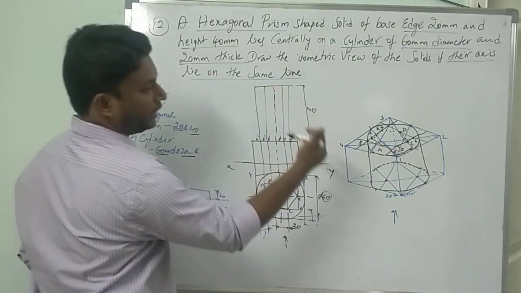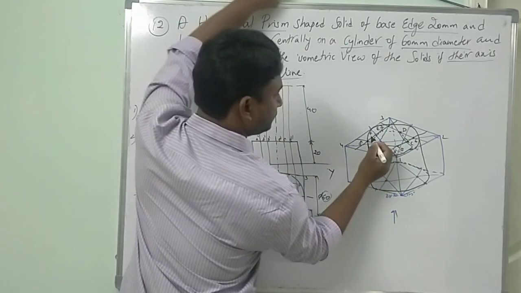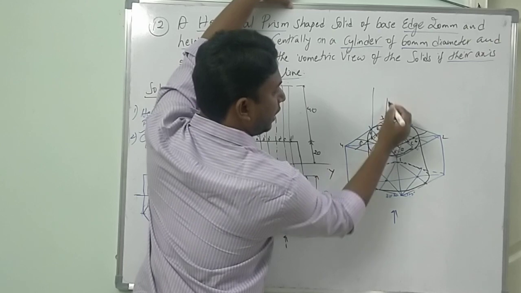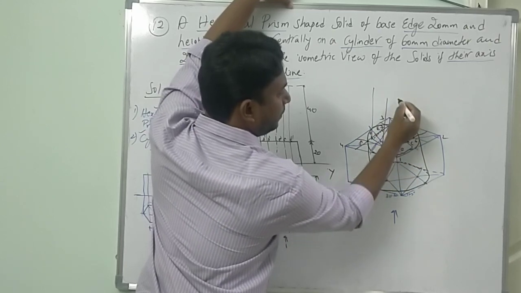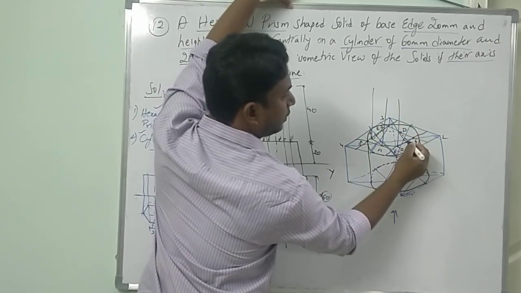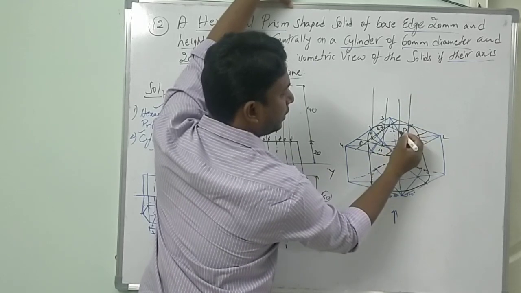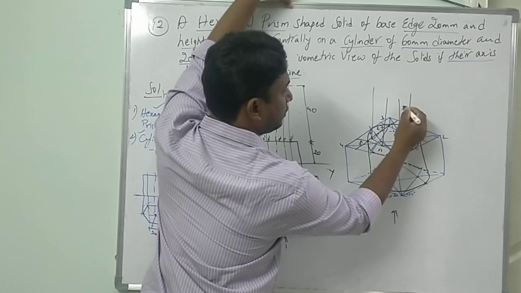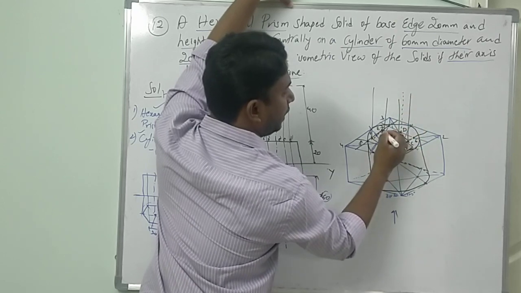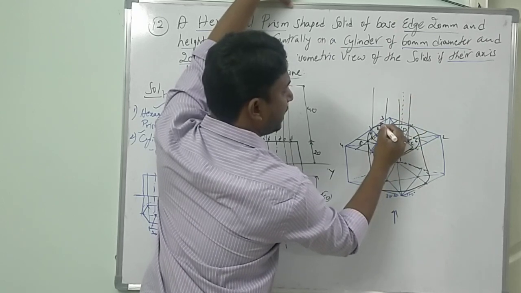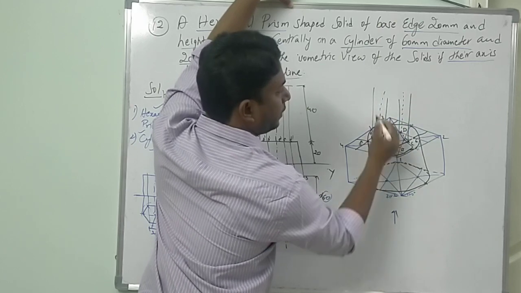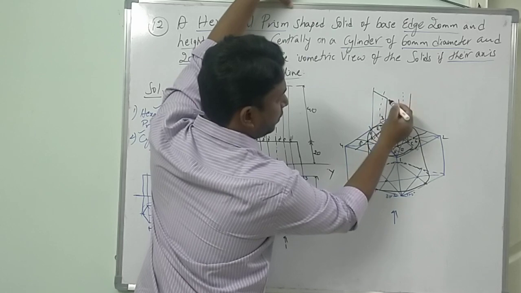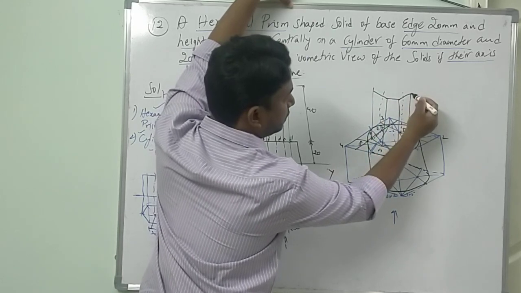Now height 40 each. Now from here, F40, A40, B40, C40, D which is back side, 40F, E which is back side. Now if you have to complete it, you can use this.